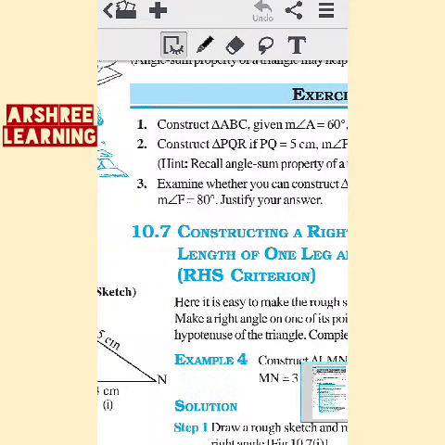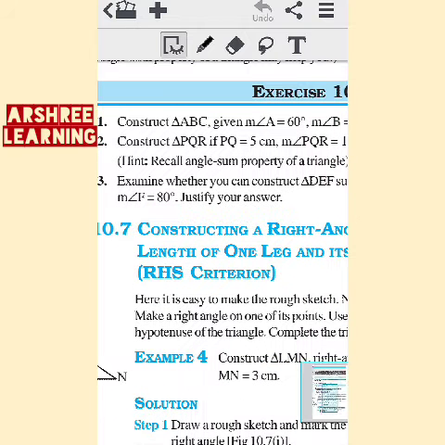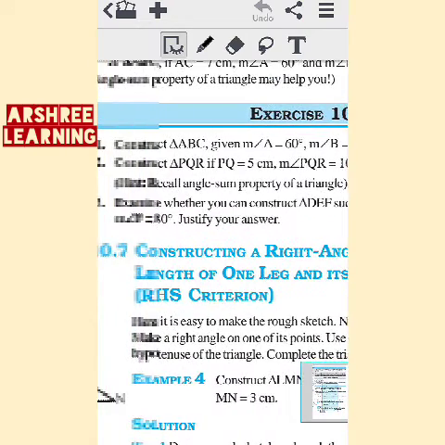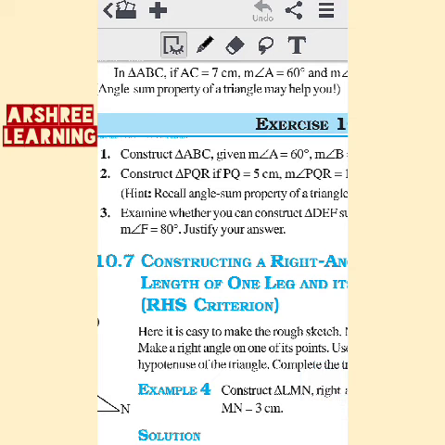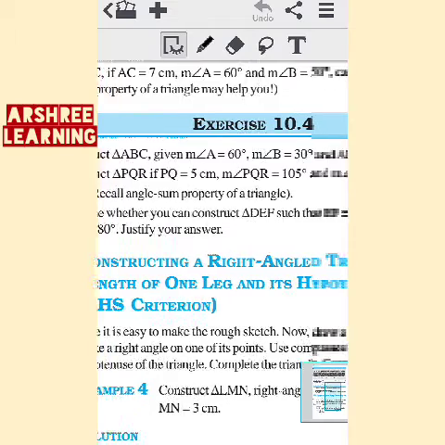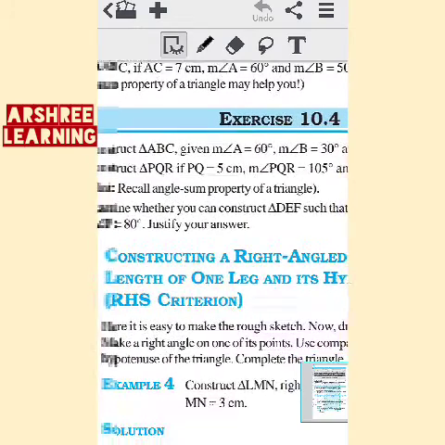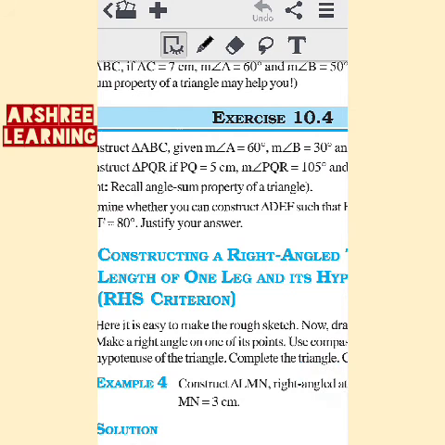Now when you construct, sometimes the triangle is not possible. Question number 2 and question number 3 are like that: when you make the rough figure, you will understand that the figure is not directly possible, because the angle is made, but when you make the angle, the side is not given which is on the same part. So let's see question number 2. PQ is equal to 5. Since PQ is equal to 5, first you will draw PQ is equal to 5.